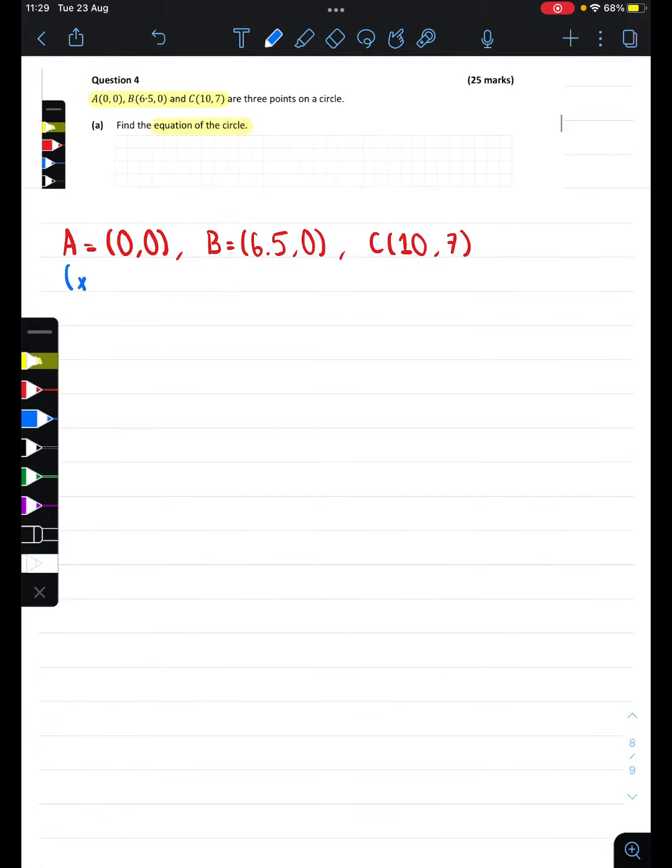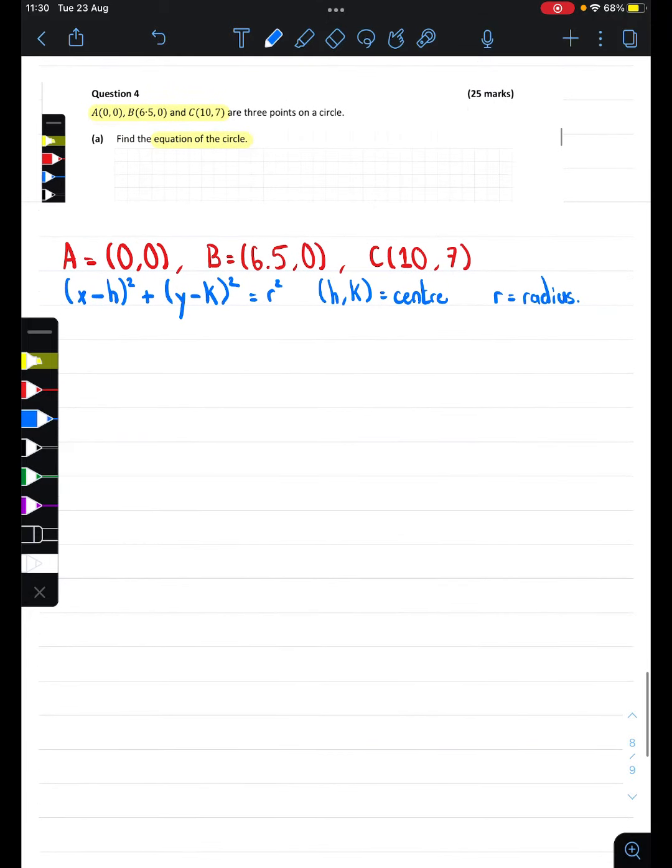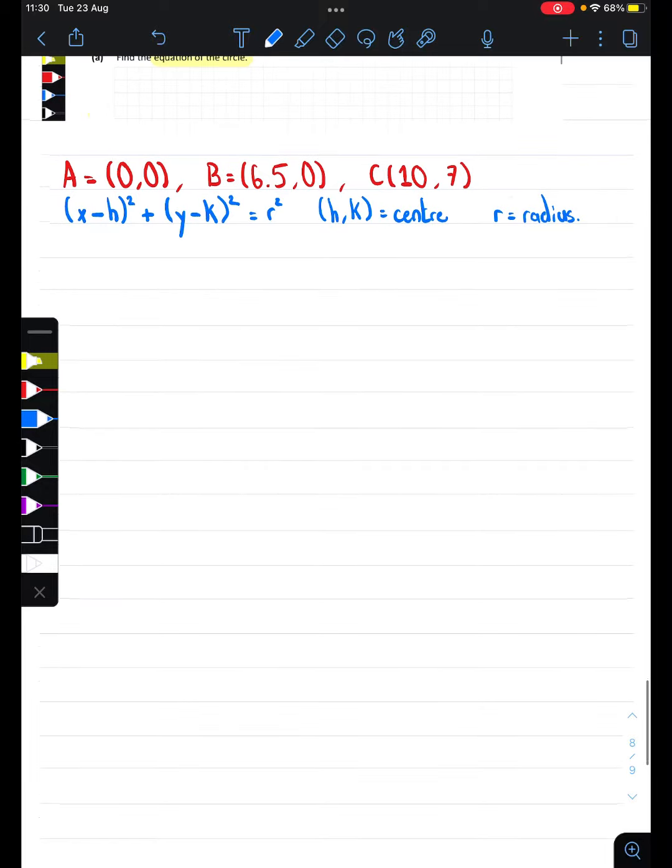So the equation of the circle is of the form (x minus h) squared plus (y minus k) squared equals r squared, where (h, k) is the center and r is the radius of the circle. Okay, and these x and y, they're points on the circle. So if we have a given point x, y on the circle,